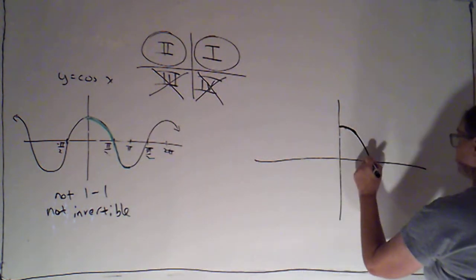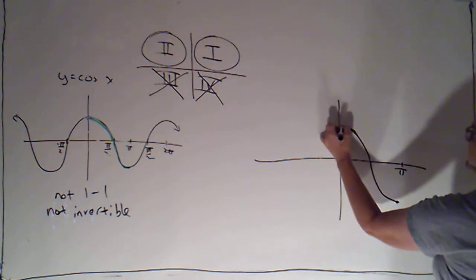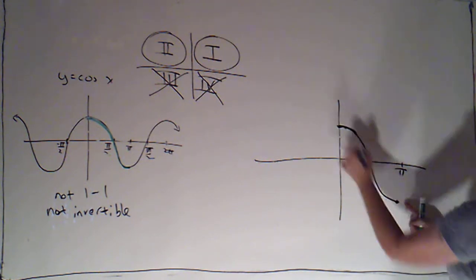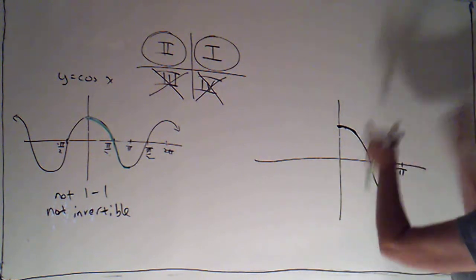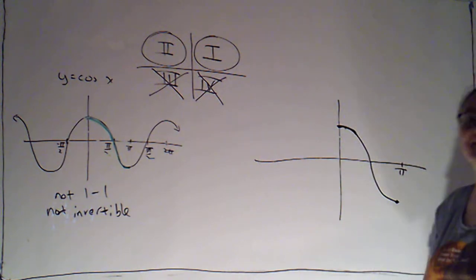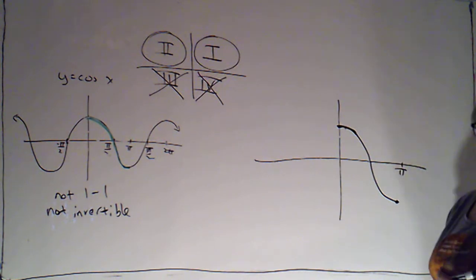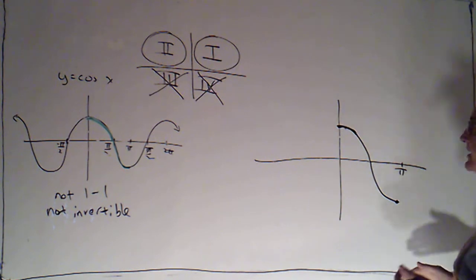So this is the function I'm going to create. I'm going to make sure I indicate that these endpoints are included as points. They're not holes in the graph there. I don't just suddenly stop. I draw that point and then stop. All right, this is the function I'm going to create that agrees with cosine when it's defined, but only hits